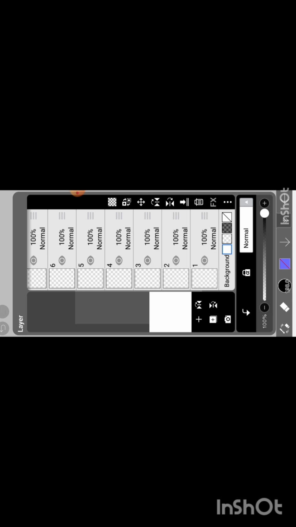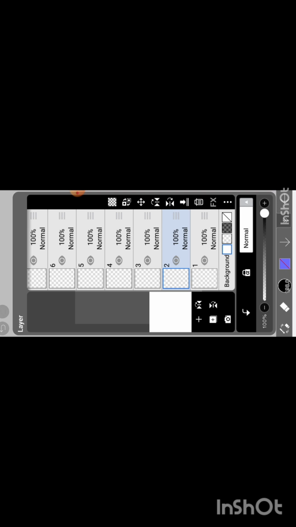Then come to the right side bottom. Not the extreme bottom, but the layer panel. Can you see the three dots? When you click on that, you can see various things. I will explain them gradually when required. But focus here on the rename layer option. You need to name your layers so that you don't forget or get confused while drawing.